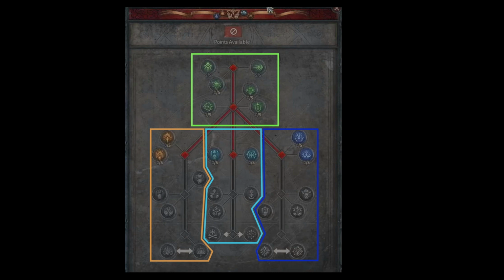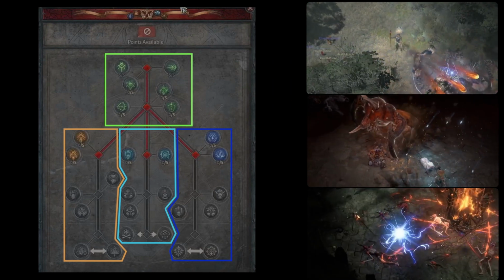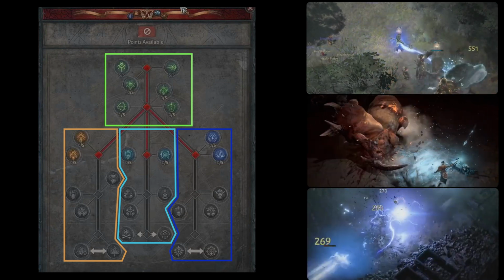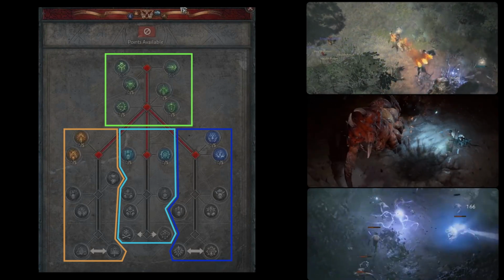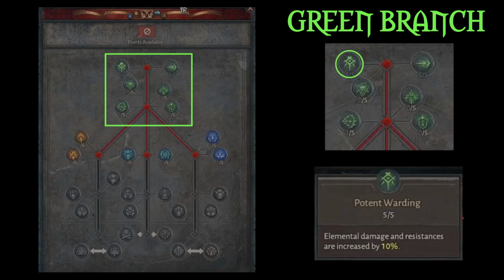It seems like Blizzard wants Sorceress players to build their characters towards one of these 3 builds, creating a fire sorceress, cold sorceress, or lightning sorceress. However, I'm sure we'll see some exciting hybrid builds in the game that take advantage of unique affixes on weapons and armor. Alright, starting out with the green branch, we have Potent Warding, which increases elemental damage and resistances, Devastation,